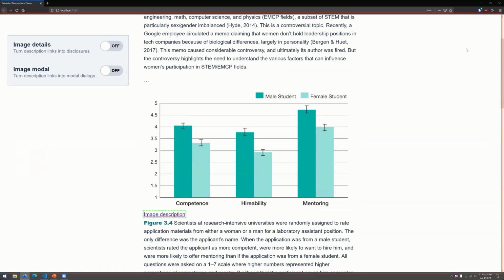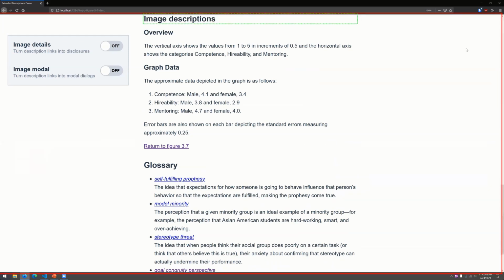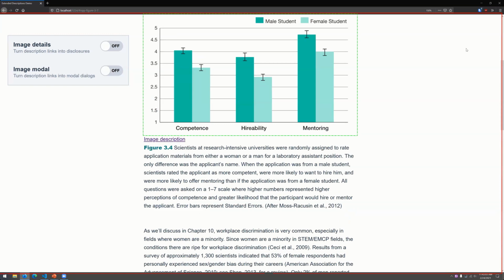This one, I'm actually using inside of a footnote, so if I click it, "Out of figure landmark, footnote, heading level 3, overview. The vertical axis shows the values from" this takes me to an image descriptions landmark region where all of the image descriptions would be. I can navigate around the descriptions just like Charles demonstrated before. I'm not going to go too much into this because it's what Charles demonstrated, but I'm going to really quick go back. "Return to figure 3.7. Visited link footnote backlink." So I can go back. "Figure graphic. A double bar graph depicts competence."